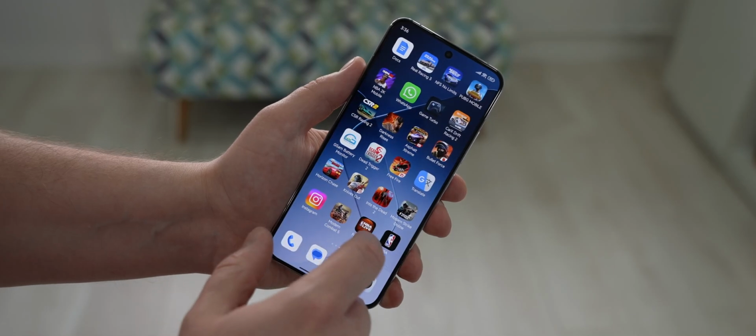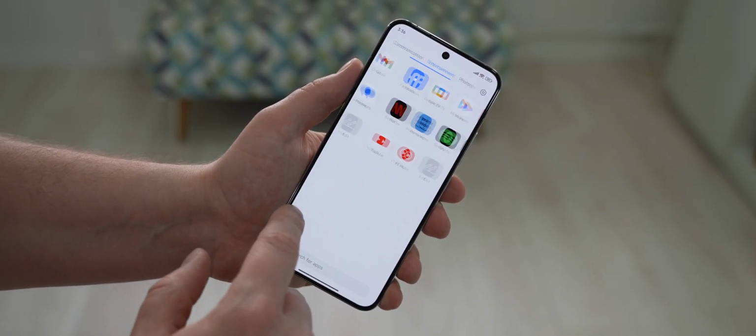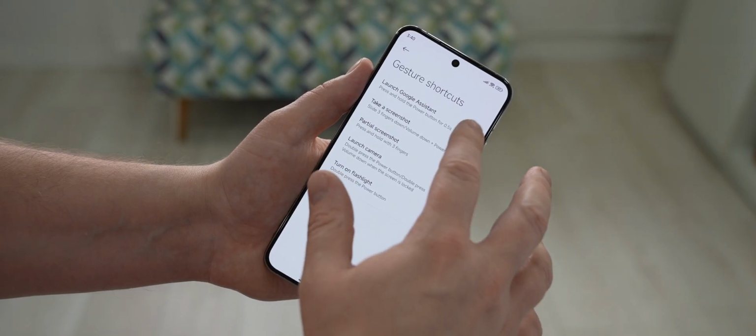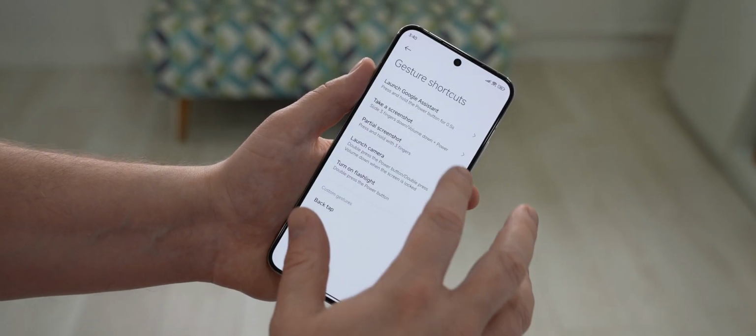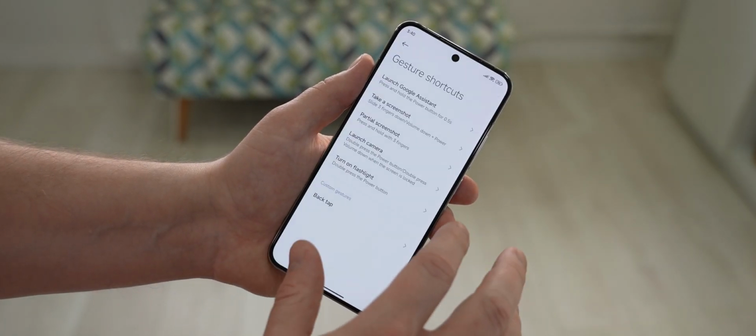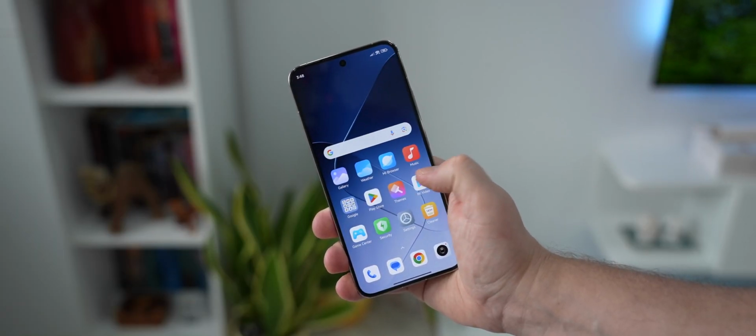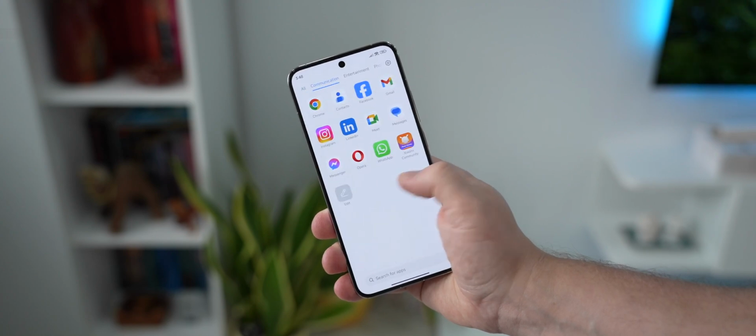The phone runs on the Xiaomi HyperOS, which is built on top of Android 14. It looks very similar to the MIUI that Xiaomi phones have been using for years, and you get all the familiar features and customization options. In general, I like the overall look and feel of it, and most importantly, the phone is super smooth